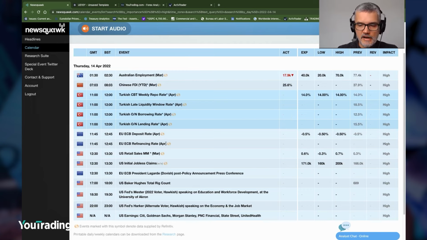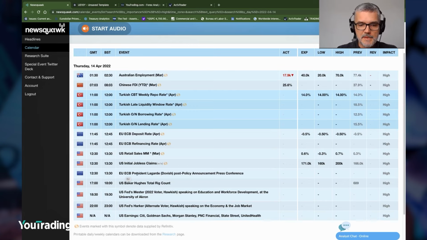We also have the refinancing rate for April, but the main focus for algos, retail and news traders will be the deposit rate. If we get a change in that, then that will be a big surprise and the euro will definitely move. However, whatever moves do happen on that rate announcement may be undone, reversed or continued,